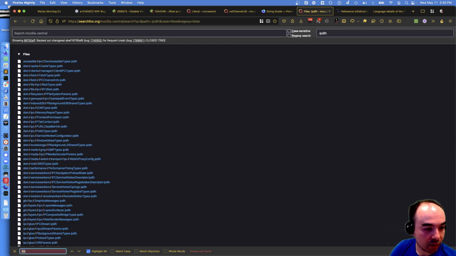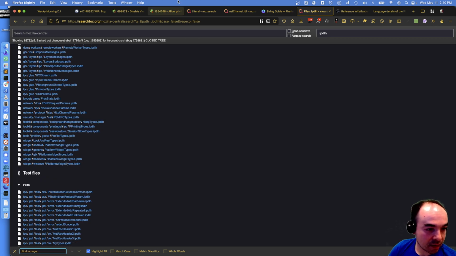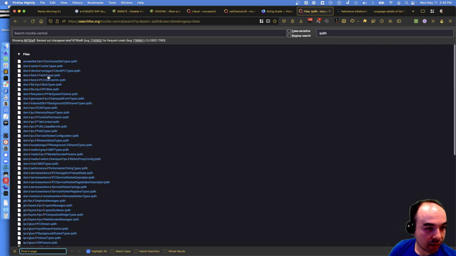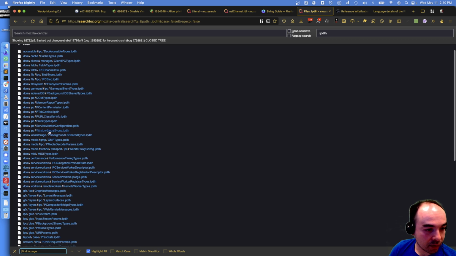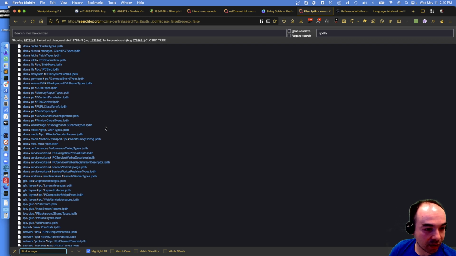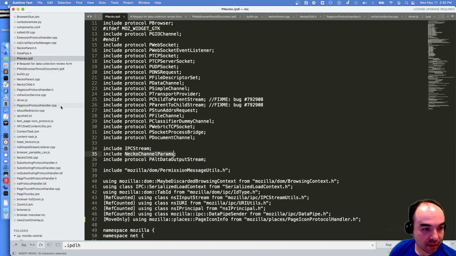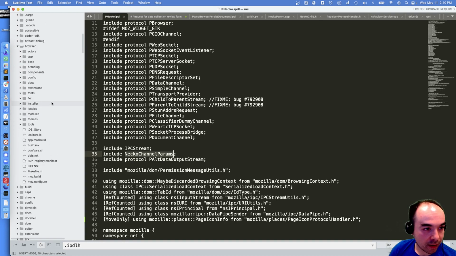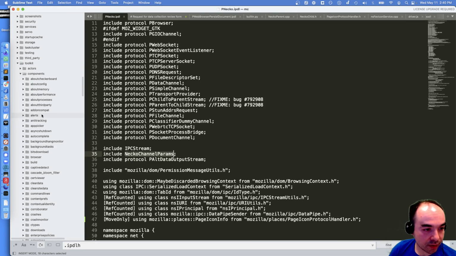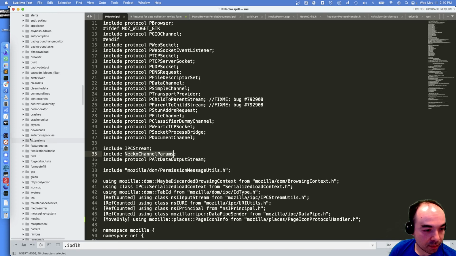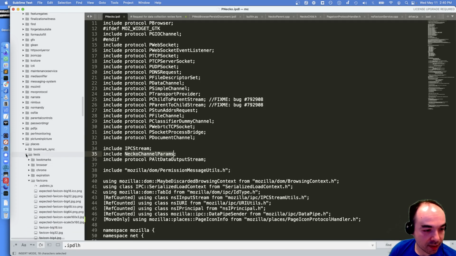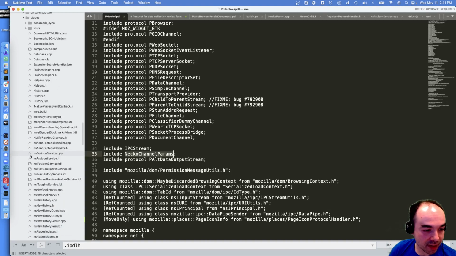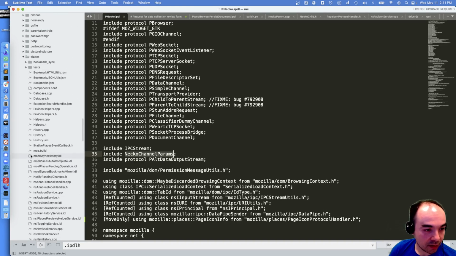Favicon, places. Kind of need a dumping ground. I mean, I guess I could add a new one for places. Was it toolkit? Places. I could add an IPC folder here and an IPDLH.